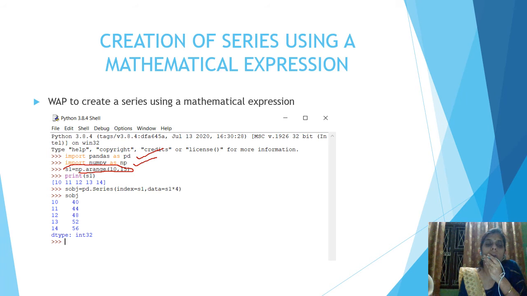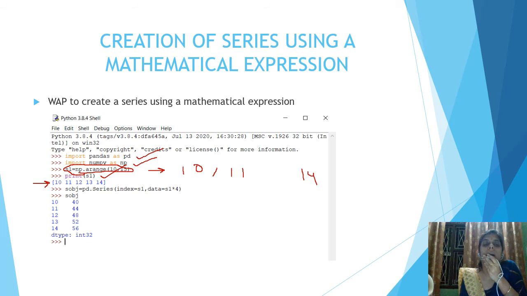It is code which will create an array whose first value is 10 and last value is 15 minus 1, 14. It works like the range function, but range will generate a sequence and arange will generate an array. Whenever I print s1, it looks like a list, but it is not a list, it is a numpy array and it is different from a Python list.